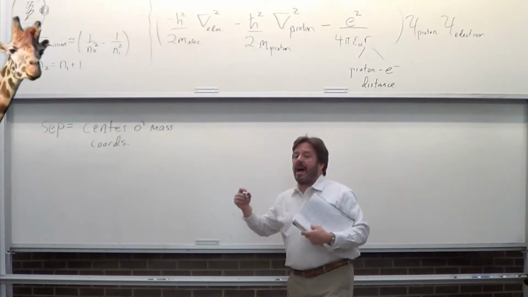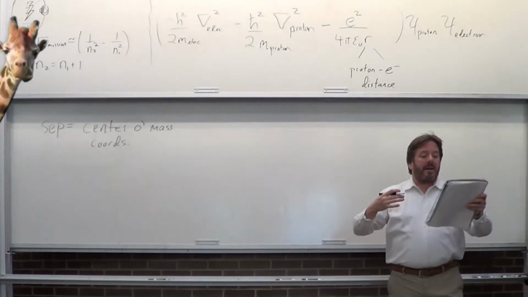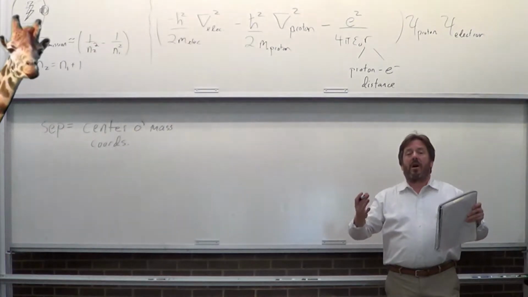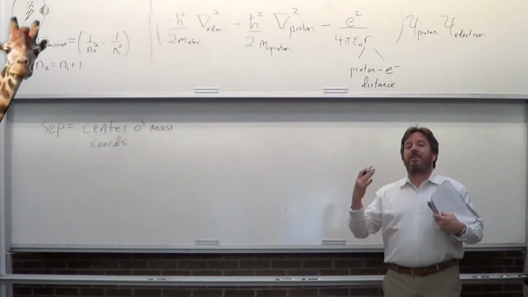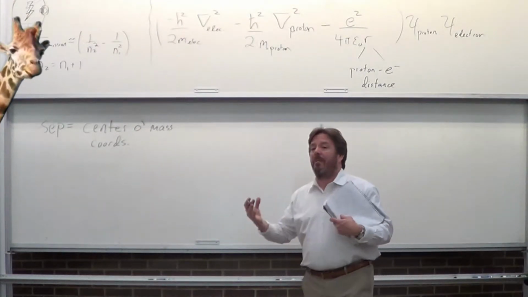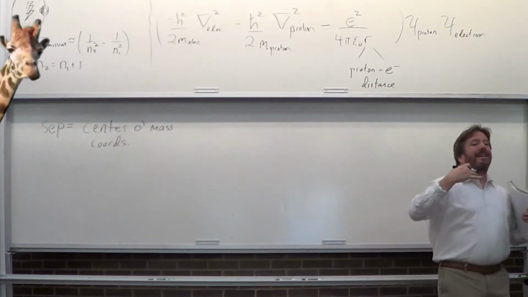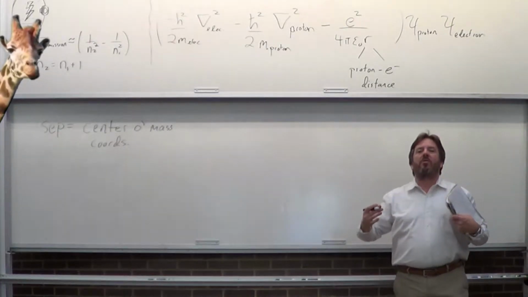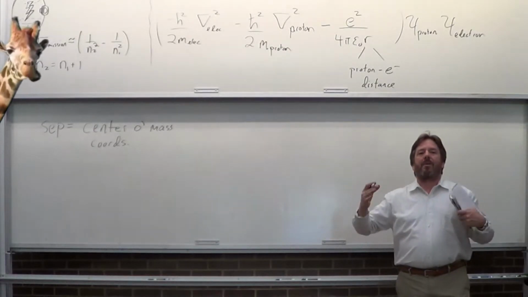So when you do that, you end up with a wave function for center of mass, which is basically the nucleus, the proton, and the other thing, the relative, which is basically the electron. And that's because the proton and the electron have very different masses. So, you know, like the reduced mass, right? The reduced mass is like 99% the proton, and the residual, of course, is 99% the electron. Because